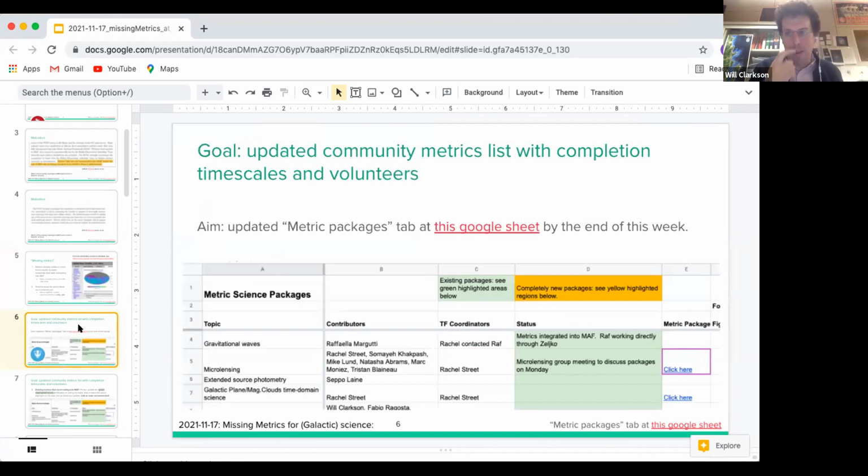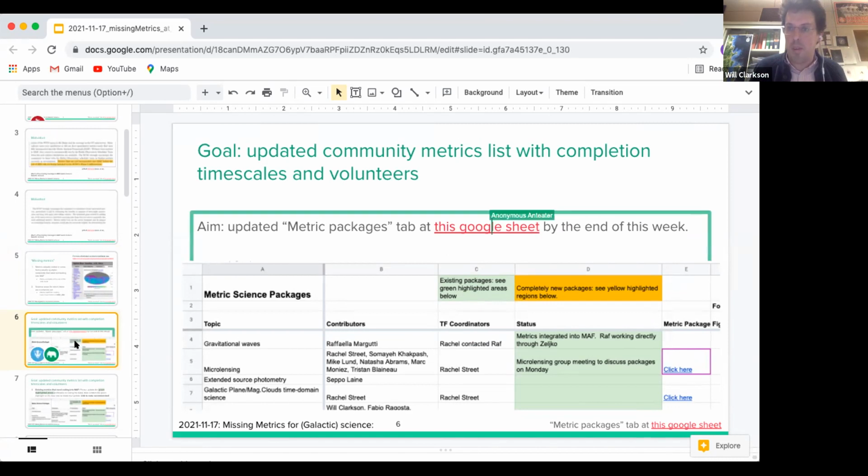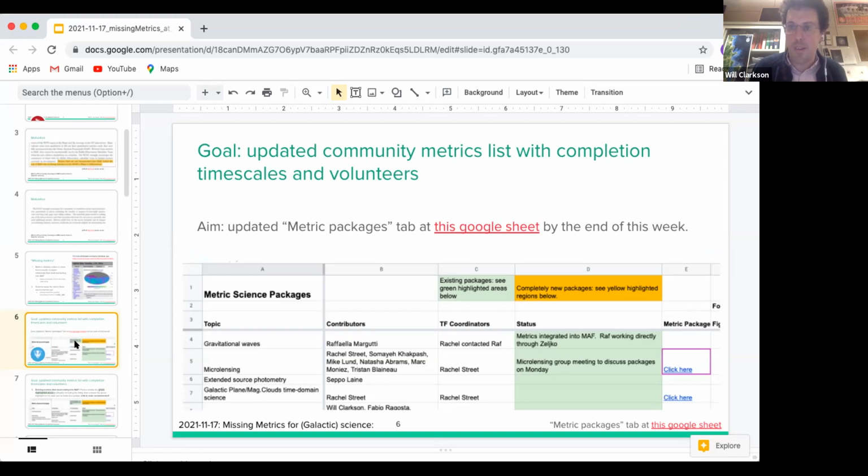So to try to tame the madness, I think this has been shown in a previous session. TVS actually led the development of this. There's a spreadsheet coming out of the hackathon from last year, from 2020, in which the metrics that the community were working on have been gathered. And as I think Rachel explained yesterday in one of the main sessions, the idea is to gather these into science areas, into these so-called metric packages. And so I'll switch across to the spreadsheet just to show what this actually is.